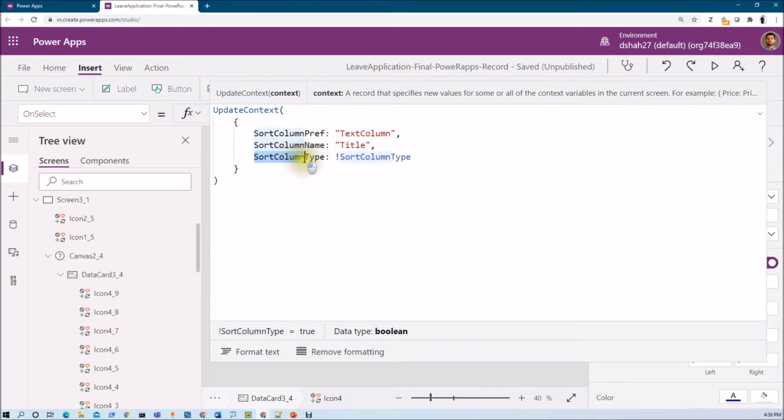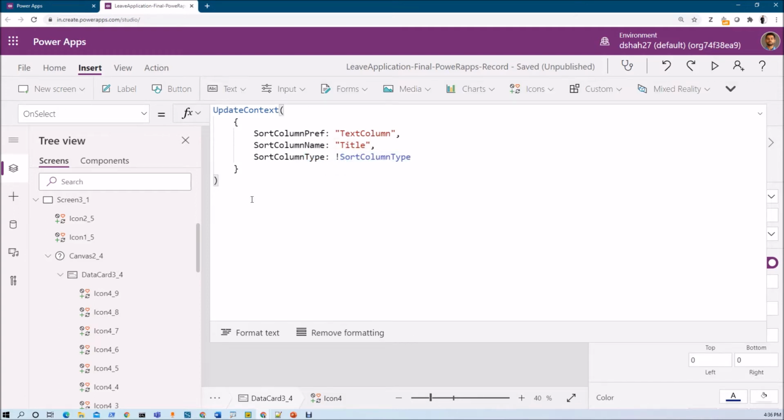Sort column type is the variable used to define ascending or descending order of the column. So let's set sort column type as the opposite of sort column type. So if the first time it is selected, then it is ascending, and next time it's the opposite, that means descending.